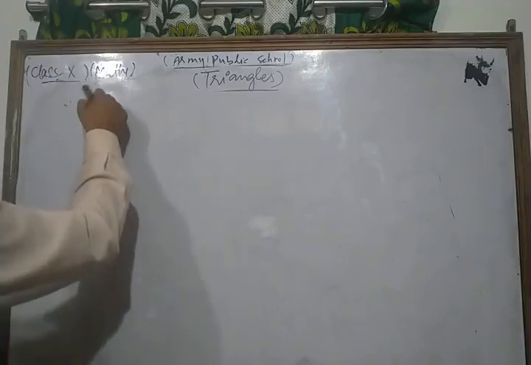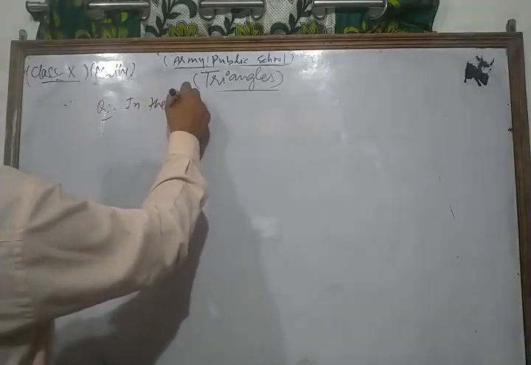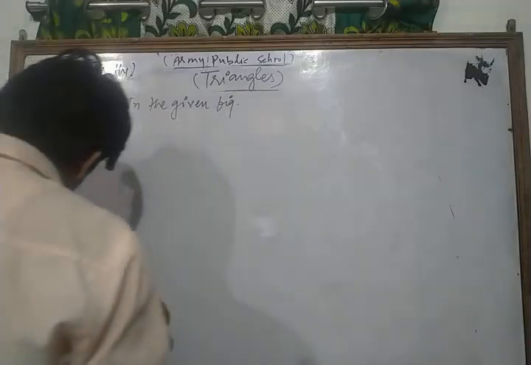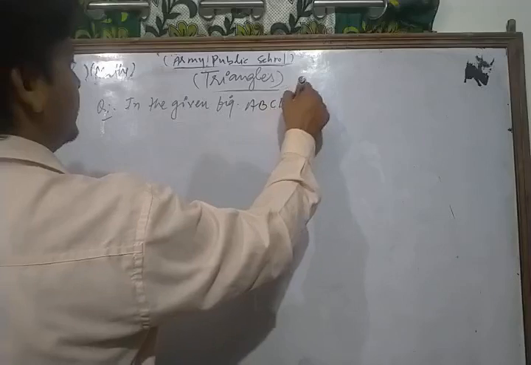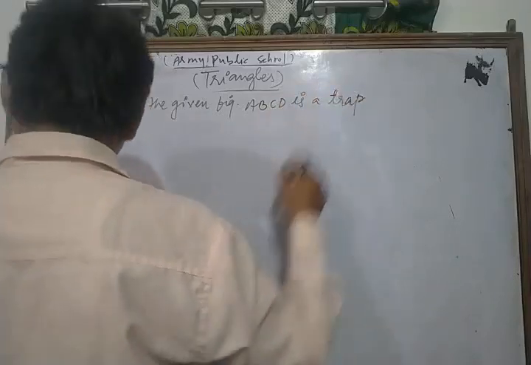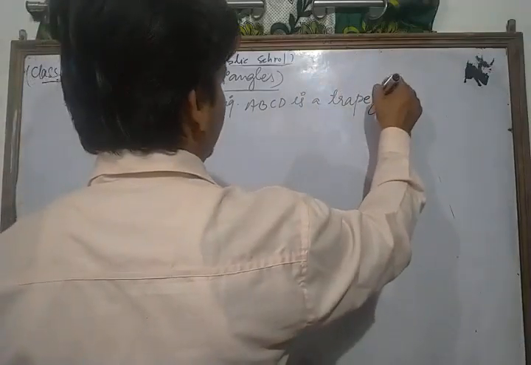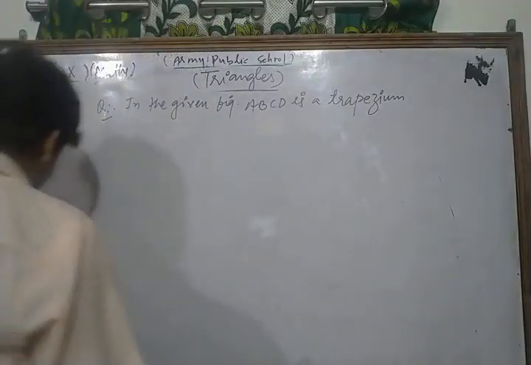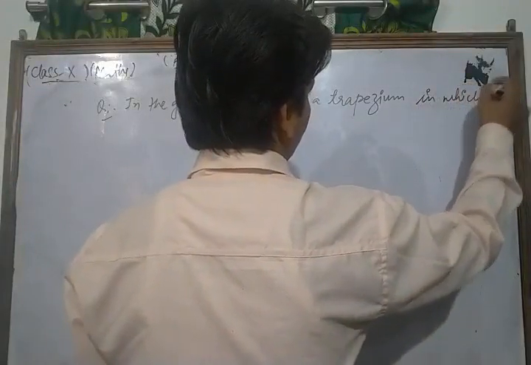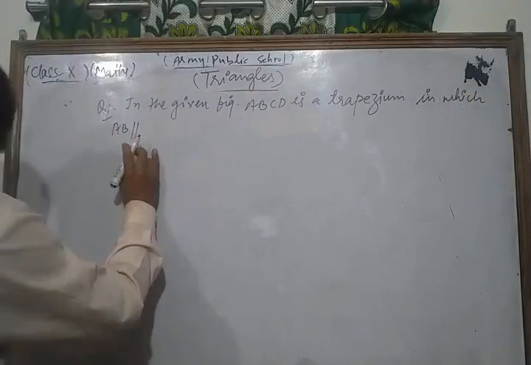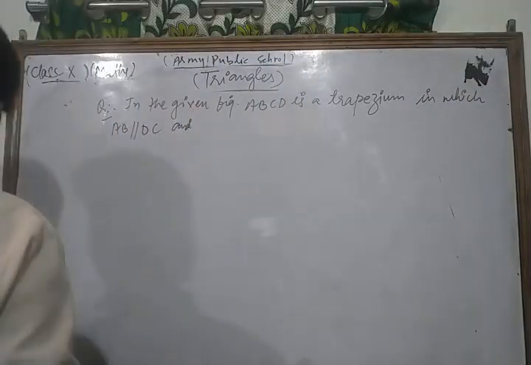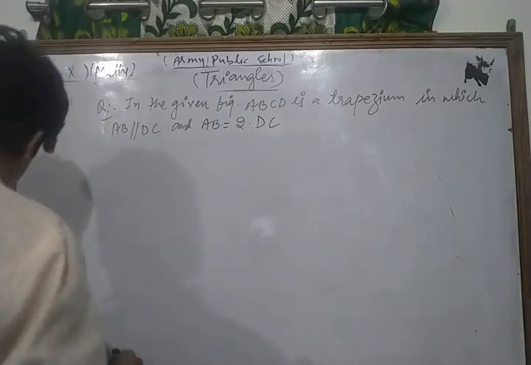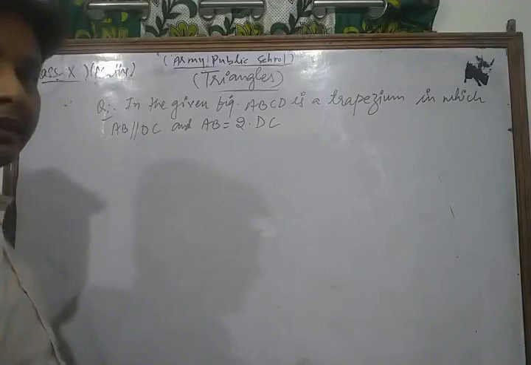The question is: in the given figure, ABCD is a trapezium in which AB is parallel to DC and AB is equal to 2 times DC. Find the ratio of the areas